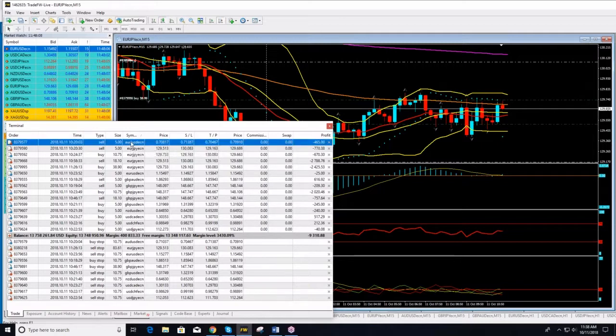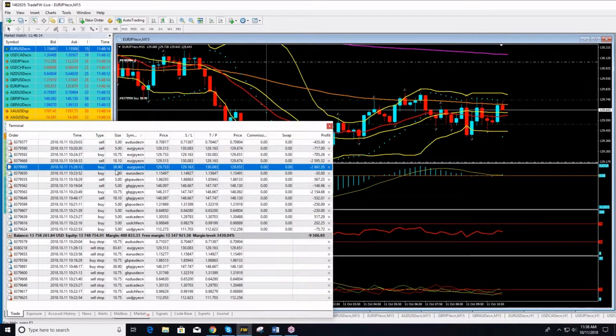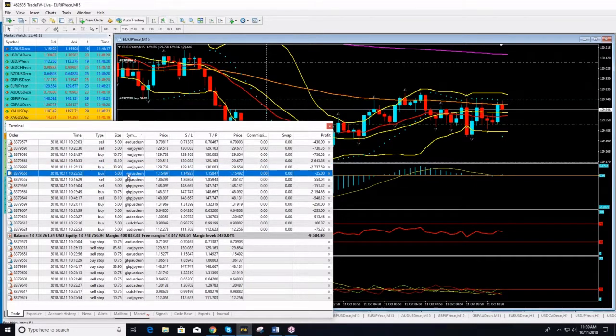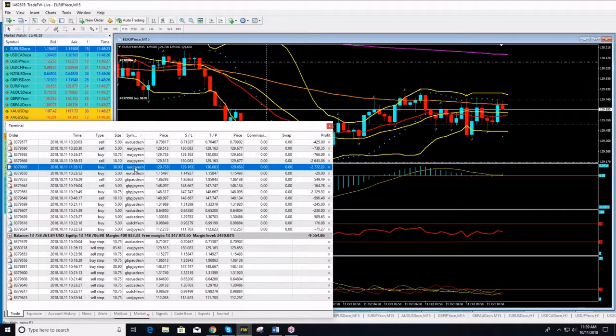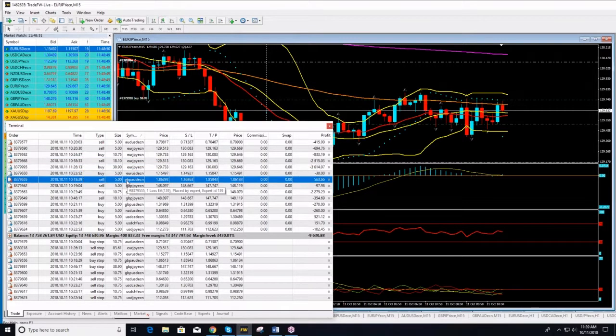So for the moment, I have a short position on Aussie dollar. I have a net long position on euro yen. What do I mean net long? What is the difference between long and net long? If I have only one position, for example, on euro dollar, I'm long. I don't have any reversal positions. If I say net long, it means that the initial position has been reversed. You see here, sell, and then again buy. So because the positions that have a buy are much more if you add them up compared to the position sizes that I'm short, I'm net long euro yen, I'm long euro dollar, I'm short pound Aussie,